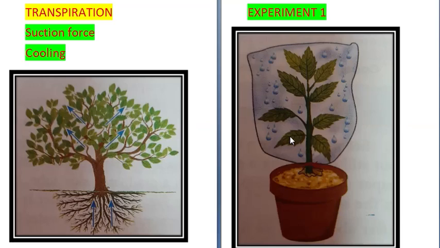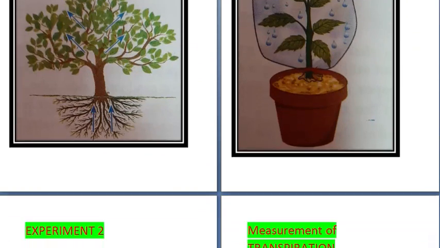So from where are these drops of water coming? They are coming from the plant, because the plant is transpiring in the presence of sunlight. It can be proved that these drops are of water if we put a blue colored cobalt chloride paper near it. Then that cobalt chloride paper, on coming in contact with these droplets, will turn pink. So that proves that the droplets are of water.